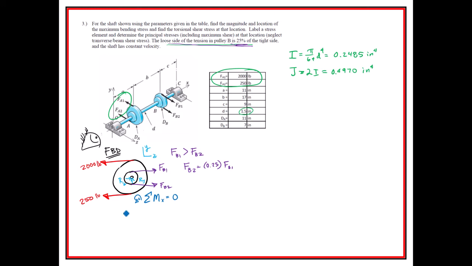Okay, so I say that 2,000, and I could do shortcuts on this, but I didn't here. 2,000 times the radius of A, which is 11 diameter, right? So it's 11 over 2, and then we have negative 250 because it's going clockwise, and it too is going to be 11 over 2. We could just take the difference between 2,000 and 250, multiply by 11 over 2, but we didn't. And then we go negative FB1, which you don't know, but it's going to be